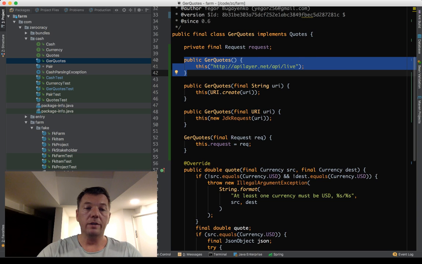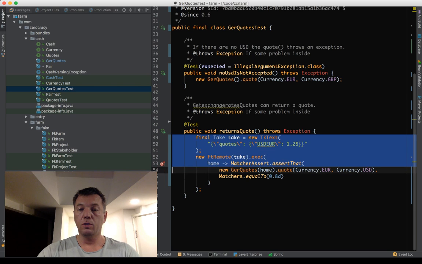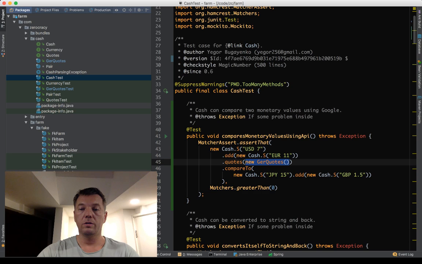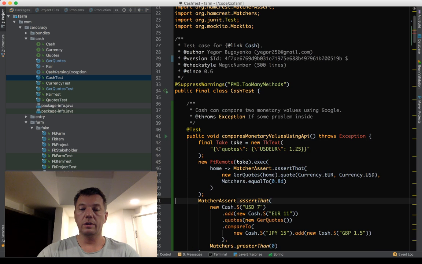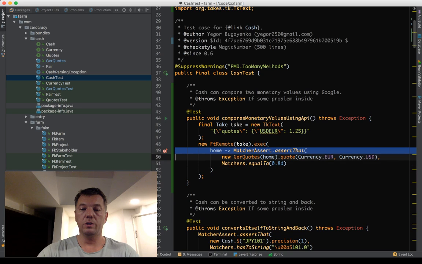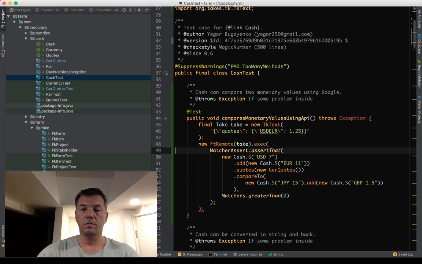How do we do that? We do something similar to what we've done here. So we copy this code. We go in here. We do it like this. And then this assertion goes here. Like this. Right?